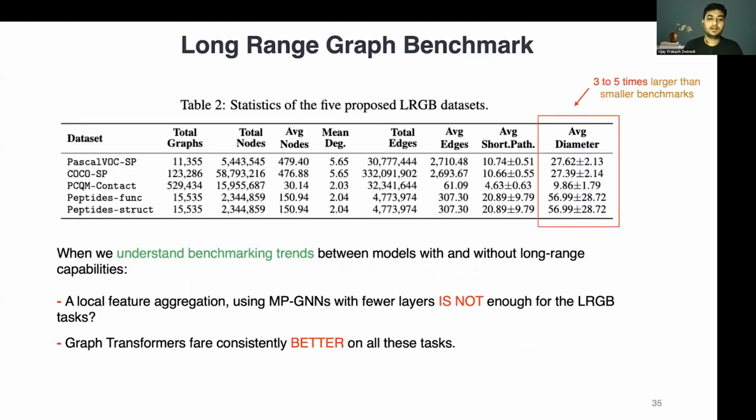And when we run the MPNNs with few layers, and when we run graph transformers, the graph transformer consistently fares better on all these three tasks. And it also conforms to the theoretical advantage we have with graph transformers, that they can model long-range dependency, while having other advantages or motivation from the domain of NLP. In the case of graphs, the specific case of modeling long-range dependency is also one of the advantages. And with this data set, this aspect can be further designed and evaluated. This can become a test bed to evaluate long-range modeling when designing future graph transformers.